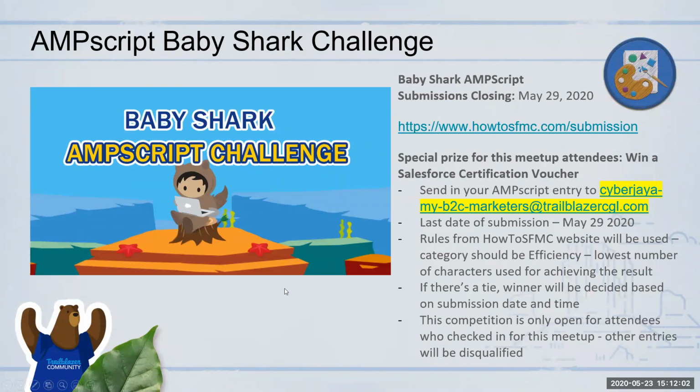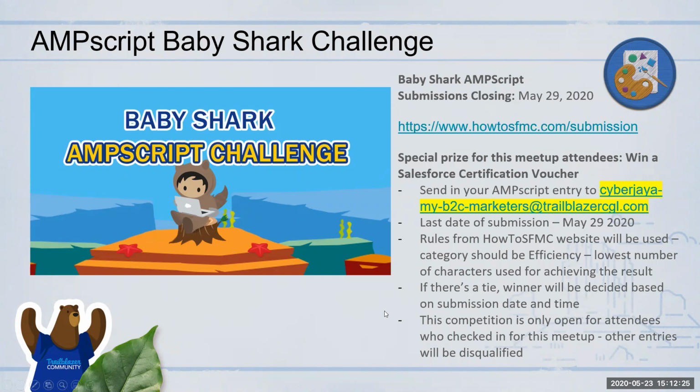Anybody can take part, whether junior or senior. You have already learned the basics of AMP script, and by today you know how to do it. You should be able to go and refer to the functions. Quite simple. All they're asking is that you go to howtosfmc.com, where you can see the May AMP script challenge.